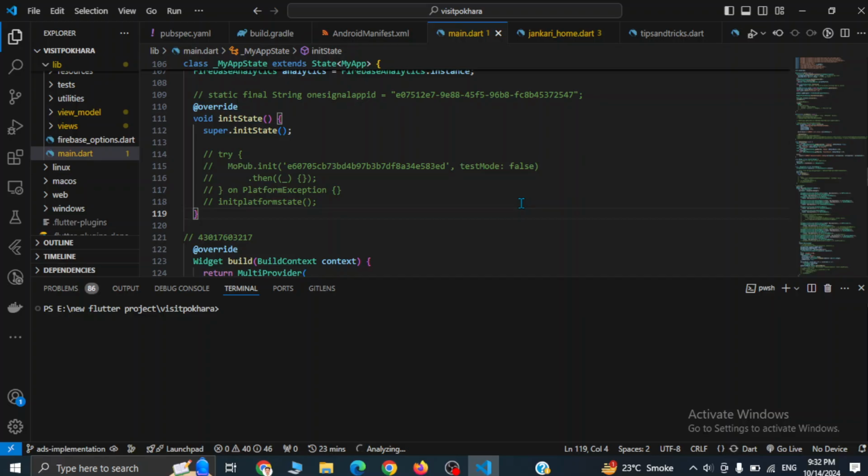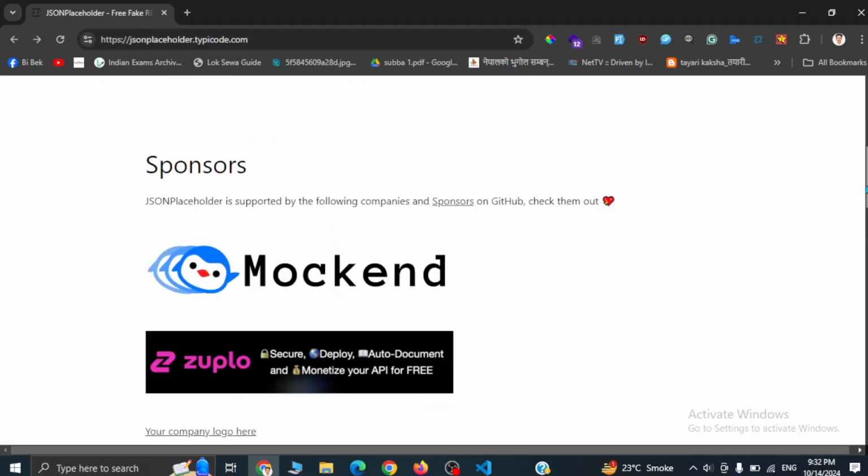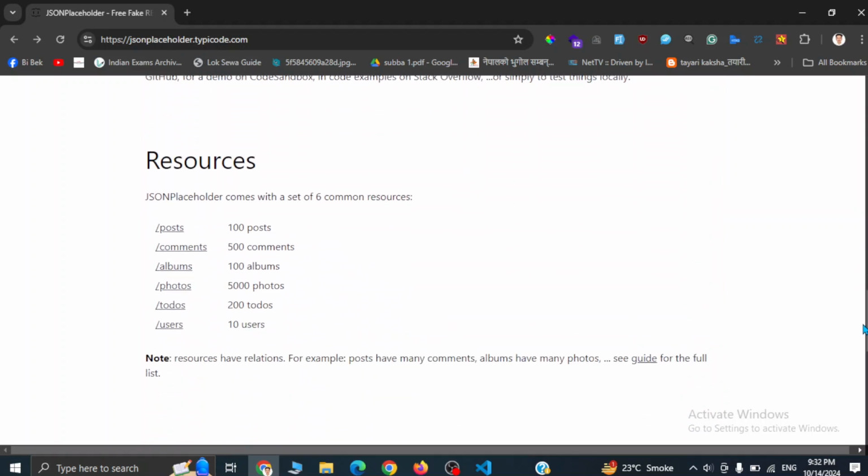Before that, let's see the API that we are going to test. So open your browser and go to jsonplaceholder.typicode.com, and I will provide this link in the description. And here, if you scroll down, you can see different endpoints. Under this resources section, here we have slash posts endpoint, slash comments, slash albums, photos, todos, users,